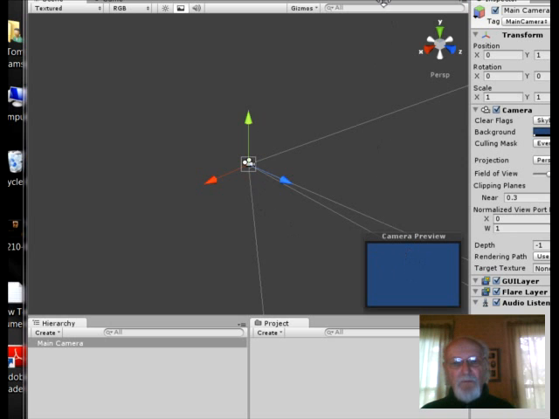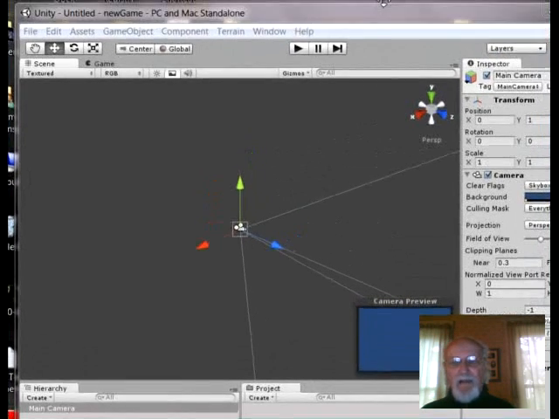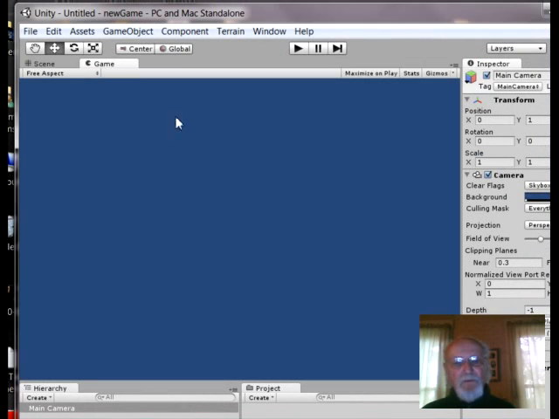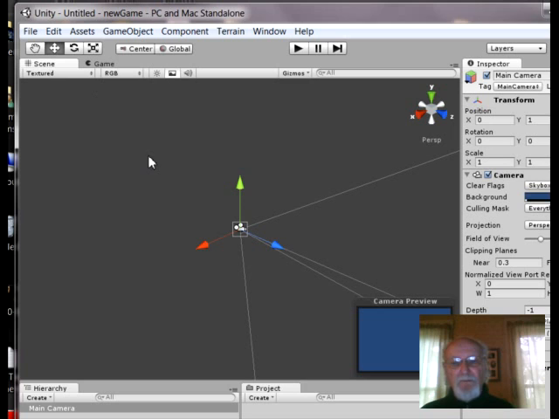If I want a fuller view of what the camera is looking at, I come up here to the top, and where it says game, this means this is what the scene will look like in the game, which again looks like just nothing. So if I come back here to the scene,